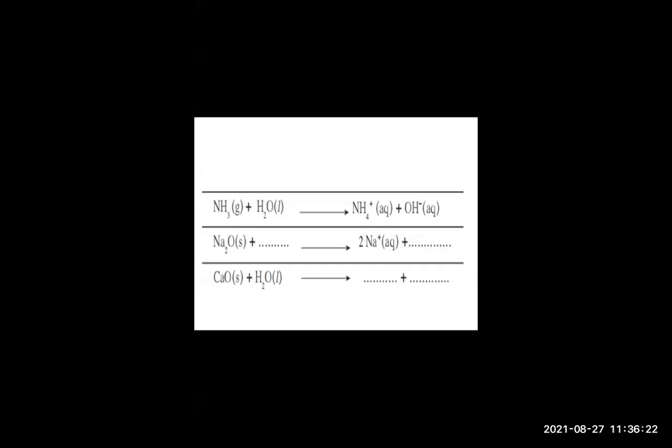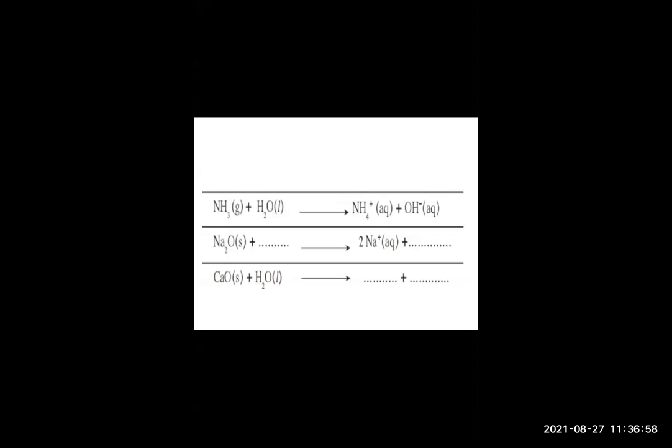Why is S given with CaO, students? S and L are written there. Can you guess why S, L and G are written there? Below calcium oxide, water. No, it is not salt. Solid. Very good, Shamli. You are right. It is solid. That's why we are writing S. And why is L written? And why is G written? Yes, L stands for liquid, S stands for solid, and G stands for gas.